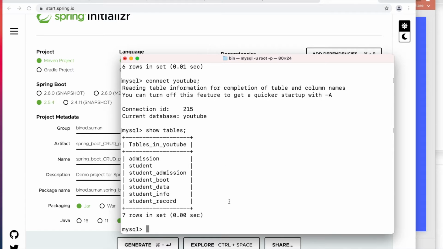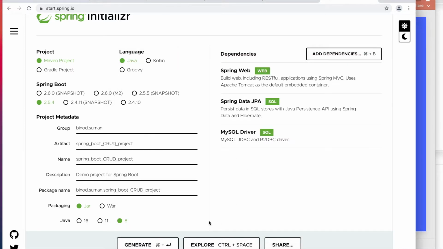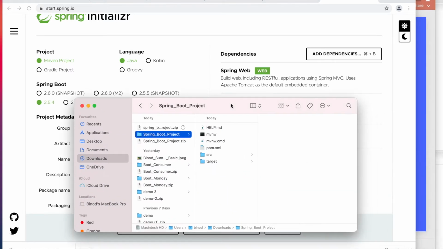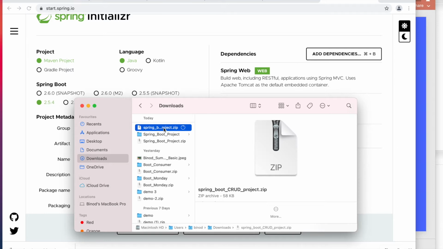So we create the new table and do the operations from scratch. So I would say also you install the MySQL, right? And then just you have to click on the generator. So now you can see that it will download the one zip file to you. Let me show that download. So just now this came, right? Spring Boot zip, it is downloaded, right? And now you have to just unzip it,